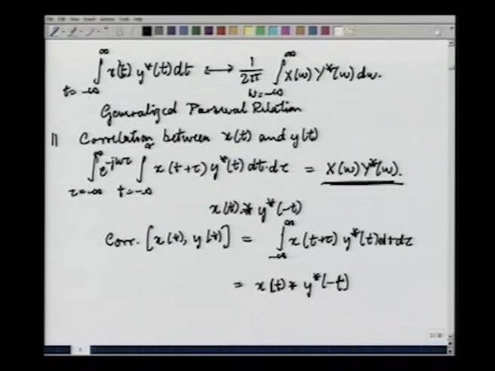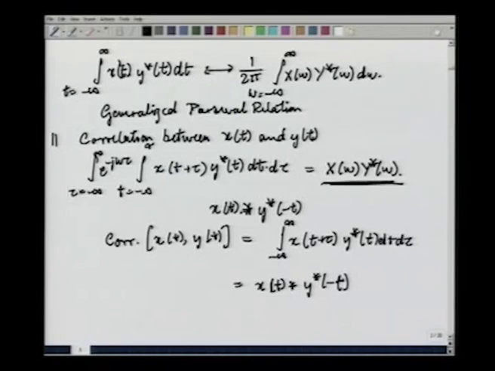Now, if you look at different textbooks on signals and systems, you will find that there are variations in the way in which correlation is defined. For example, I have said that it is the integral of x t plus tau y star t. Some others would put it as x t y star t plus tau. Some people will put it as x star t y t minus tau, and so on and so forth. There are various variations you get on this theme depending upon the choice of the author, but the fundamental fact remains the same, that they are all correlations and they measure the similarity between two signals under different amounts